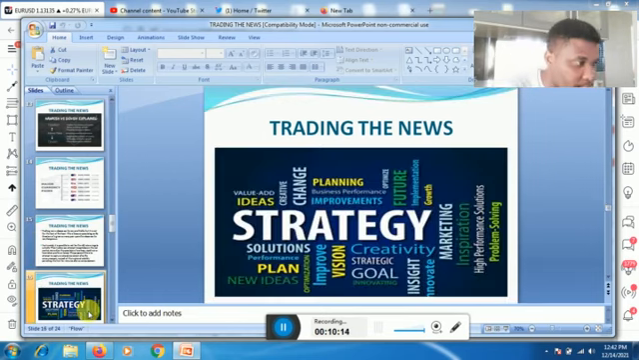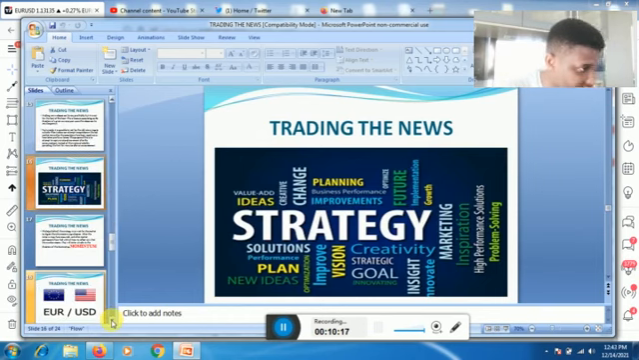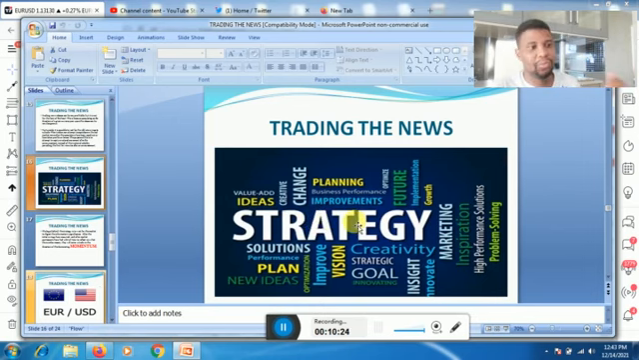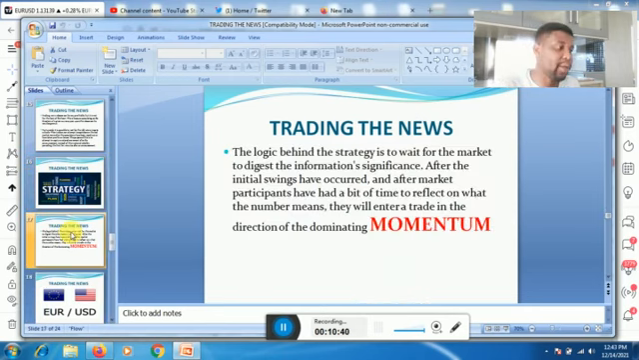Okay, so moving forward, the strategy, because everything needs a strategy. So for a strategy, you need to have an idea, you need to be creative, and you need to plan your strategy, and also you need to have a goal for your strategy, and also a solution and a plan B as well when things are not going very well for you. So the logic behind this strategy is to wait for the market to digest the information significance,